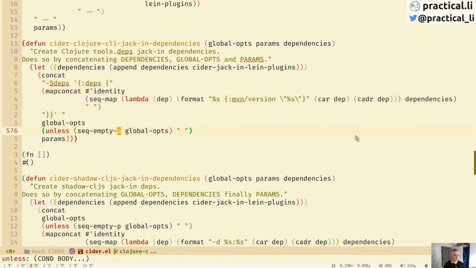Yeah, so this is just putting an empty string in there, and then params. So all in all, it creates the string. And then this string is added to the command, which is created somewhere else. There's another function elsewhere that I was looking at that actually goes and figures out what command to use. In this case, it finds out it should be using Clojure